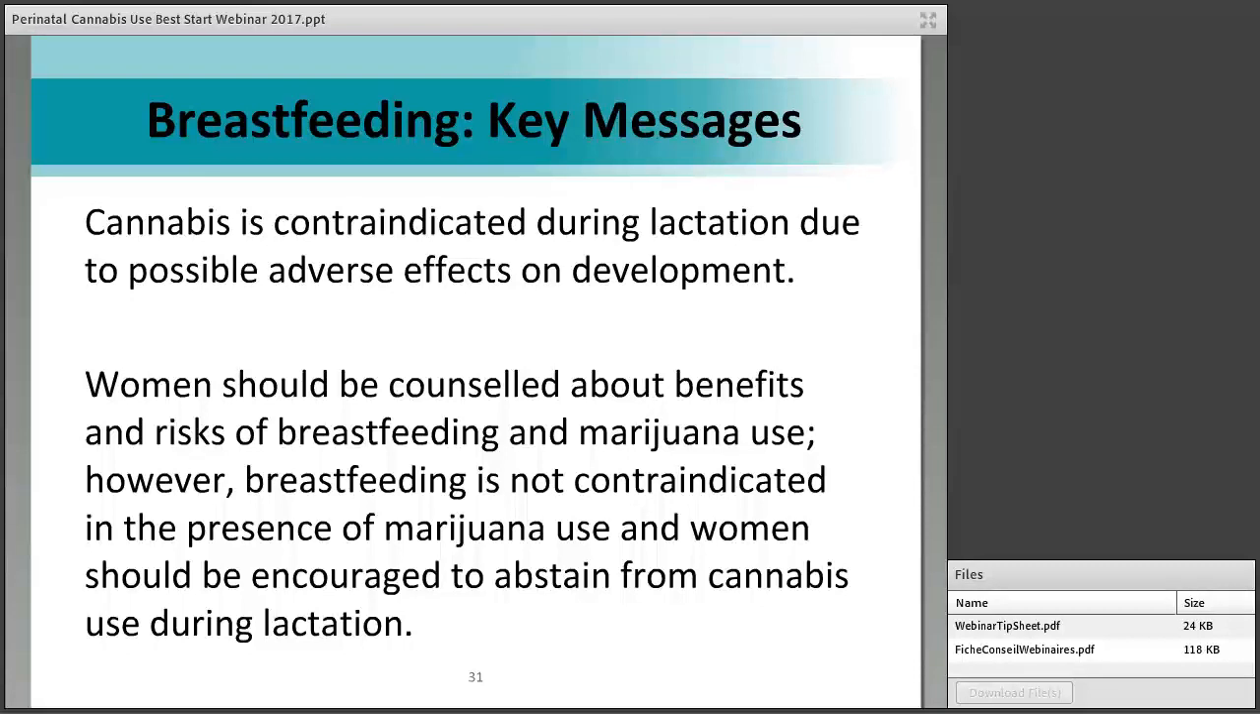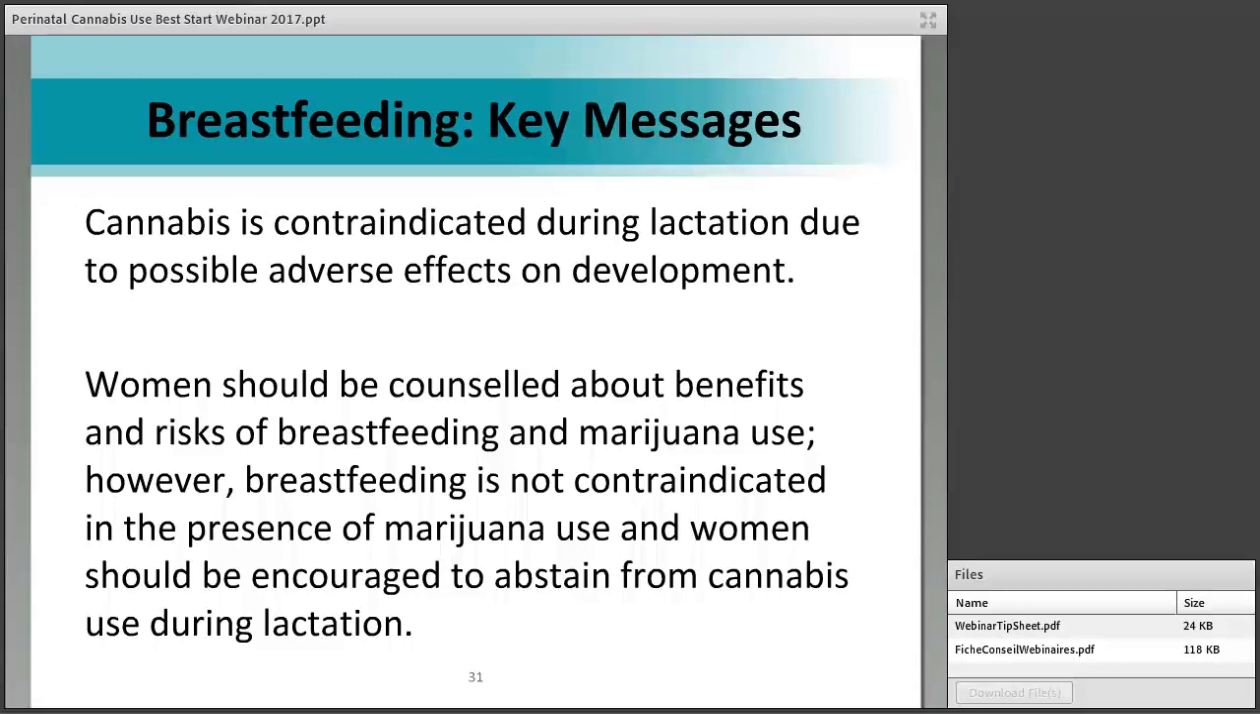Cannabis is contraindicated during breastfeeding, so we don't want women to be using cannabis while breastfeeding because of the possible adverse effects on development. However, I wouldn't be against breastfeeding in someone who is using. And the reason for that is breastfeeding has so many benefits, and there's so much to gain for these infants, and also the benefit of attachment, that I would be having a hard time saying, based on the evidence we have, that women should not be breastfeeding